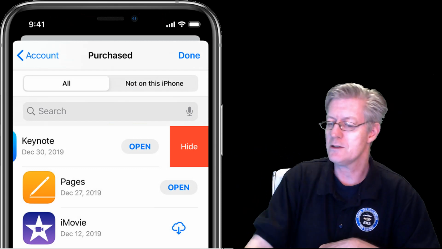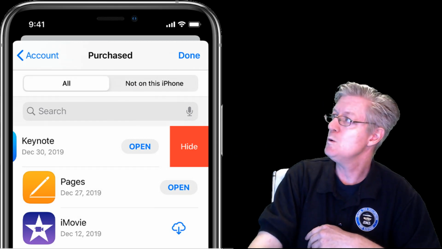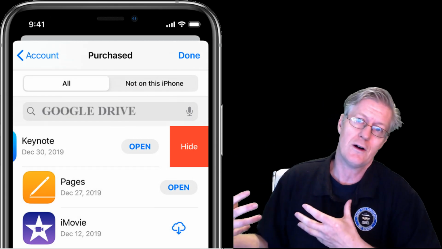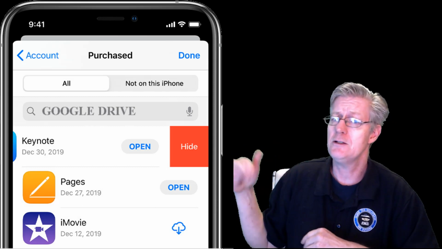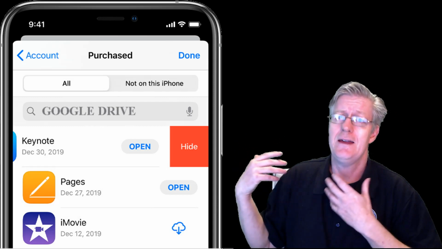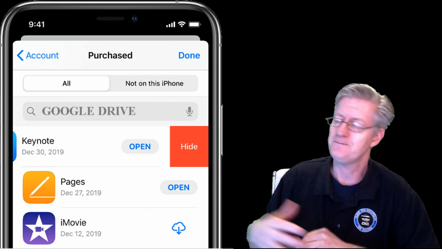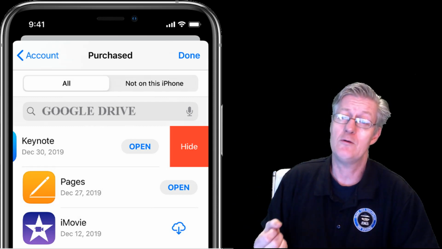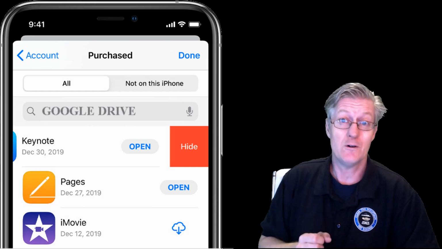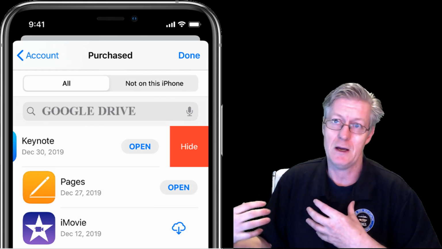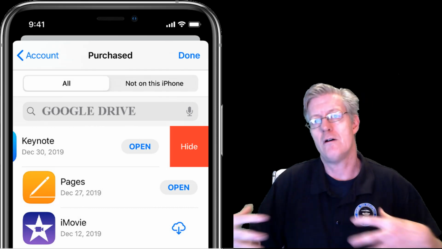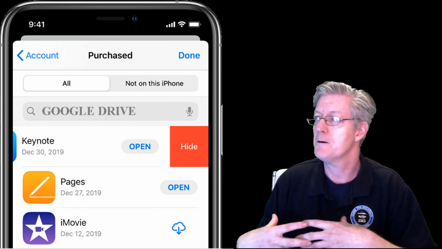In the search box, you'll need to type in Google. So let's find the Google Drive. So tap that in. Once you tap that in, then do a search for the Google Drive, and then add that to your iPhone. After you do that, you probably would want your Google Photos added to that, as well as your Google or Gmail added as well, so you have all of your different Google services there.